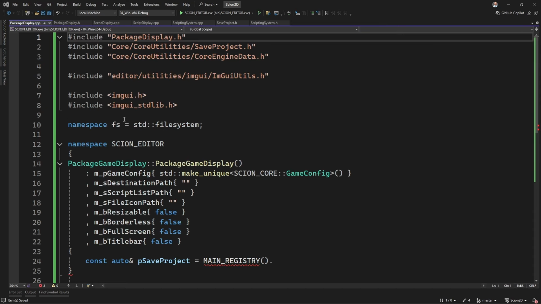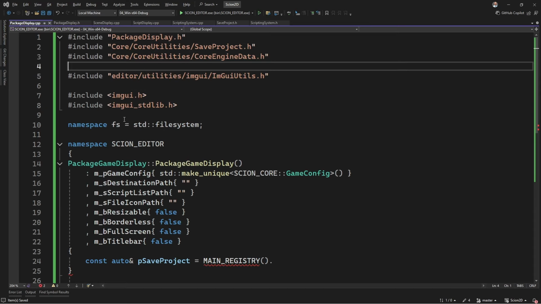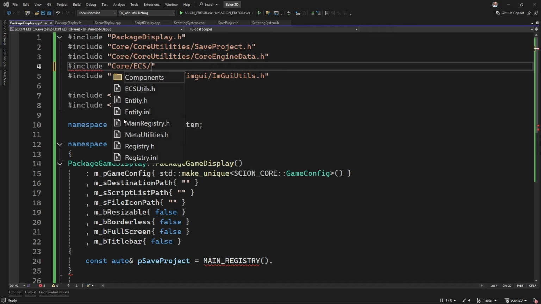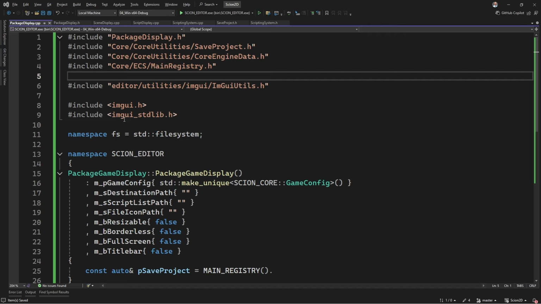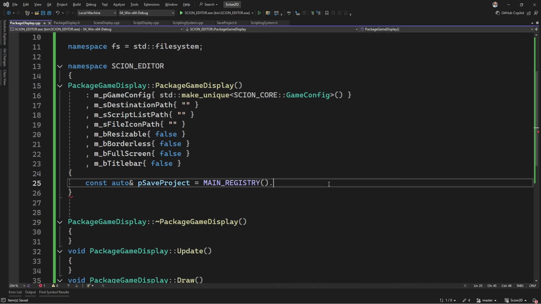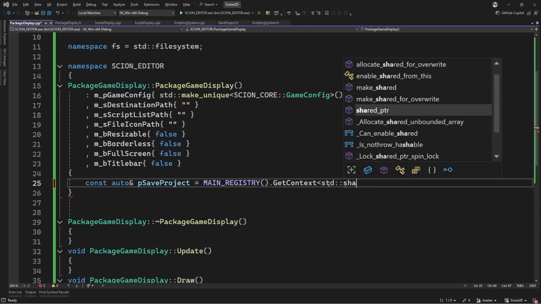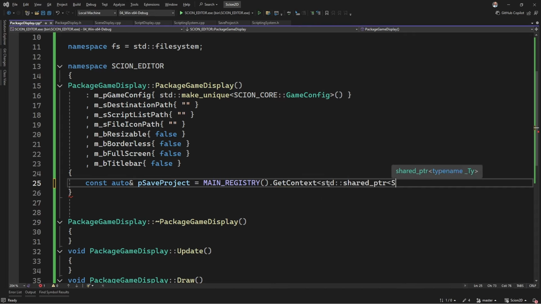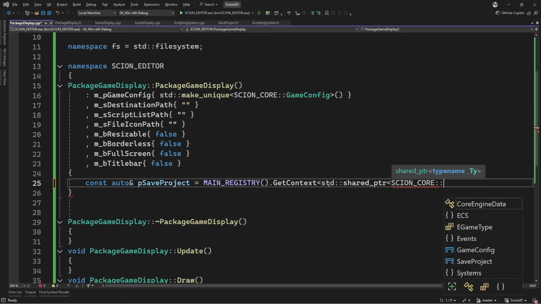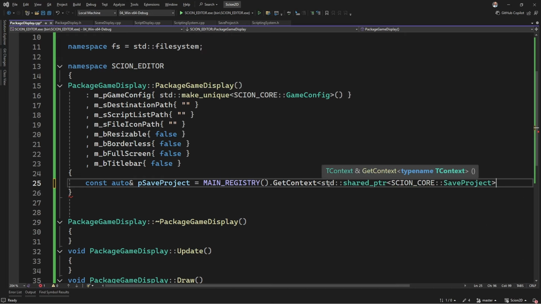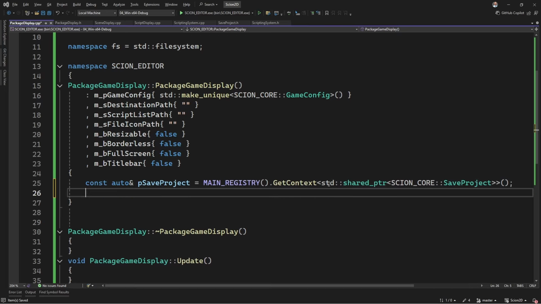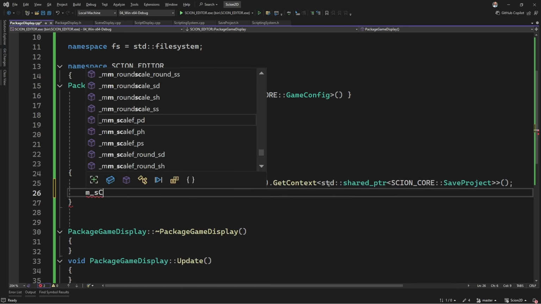Let's go up to the top here. And that can be right here. We can go include ECS main registry. Cool. That makes that accessible for us. And we're going to want to get the context. That's going to be get context of the std shared pointer of the Scion save project. Cool. And we know that's going to exist. So I'm just going to go ms script